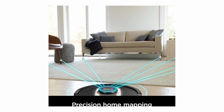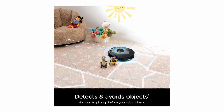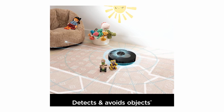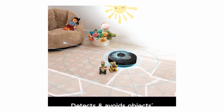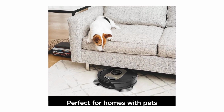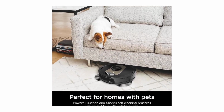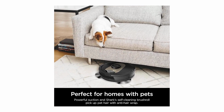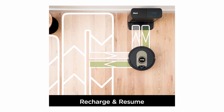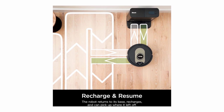The Shark AV2501AE is built to last, with a solid and premium design. However, its higher price point might not suit everyone, especially those with smaller homes or simpler cleaning needs. Still, the combination of cutting-edge features, reliable performance, and ease of use makes this vacuum a top-tier option. Pros include its powerful HEPA filtration, advanced navigation, and pet-friendly design, while cons are its higher price and limited appeal